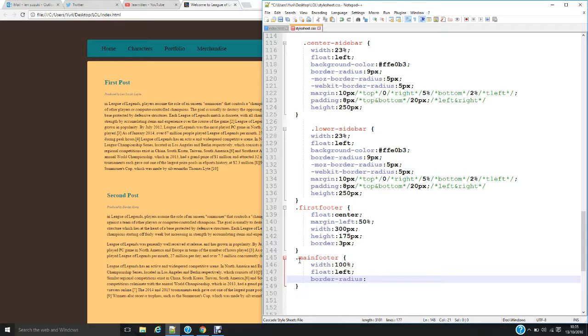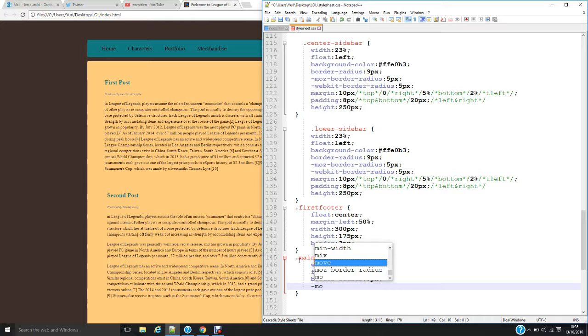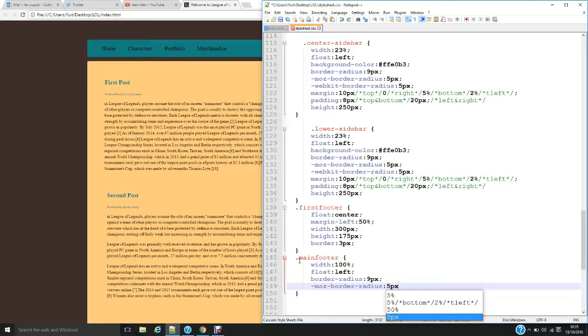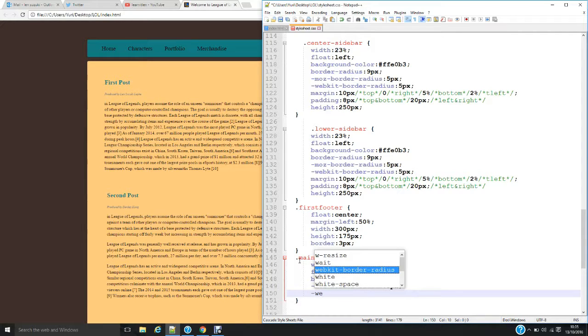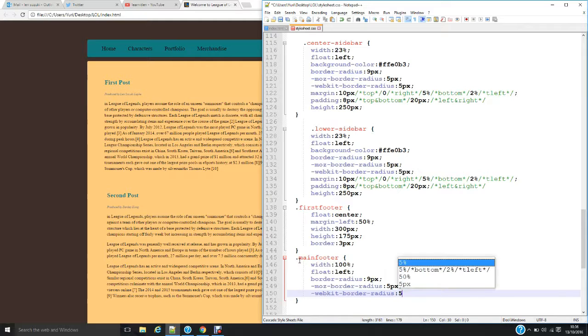So we're going to do colons, 9 pixels, semicolons, and then we're going to do dash moz border radius, colons, and that's going to be 5 pixels, and then WebKit border radius, so suitable for all browsers. If you remember my last tutorial, I said it was suitable for all browsers. Get border radius, and we're going to do 5 pixels,